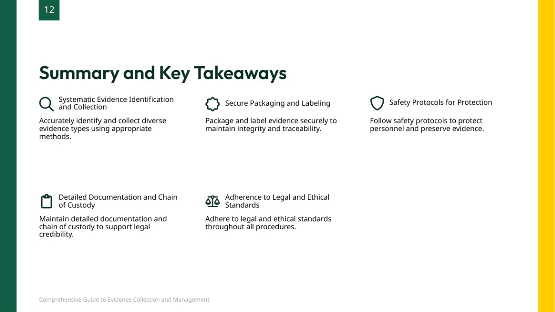Detailed documentation and maintaining a clear chain of custody are vital for supporting the evidence's credibility in legal contexts. Finally, throughout every step, we must adhere to all legal and ethical standards to uphold the process's integrity and professionalism. These principles together ensure that the evidence remains reliable and defensible,